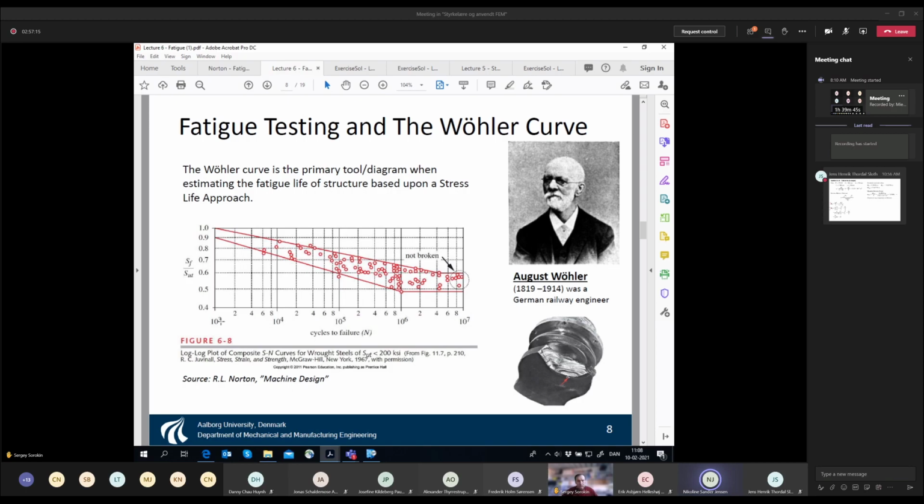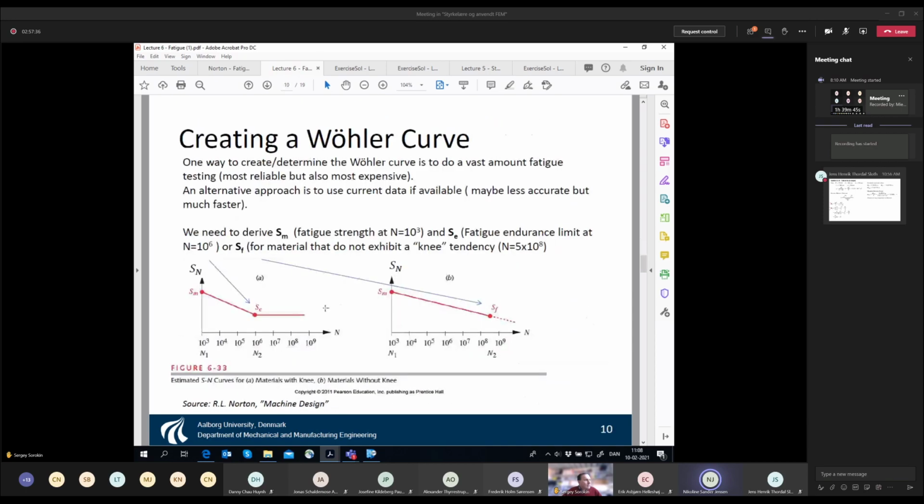I have one more question, but that's maybe going to take some time. I was wondering if you could try to talk us through the concept of fatigue damage, the Palmgren-Miner damage rule. I think I was a bit lost in how to convert the Wöhler curve onto that one. Okay. So